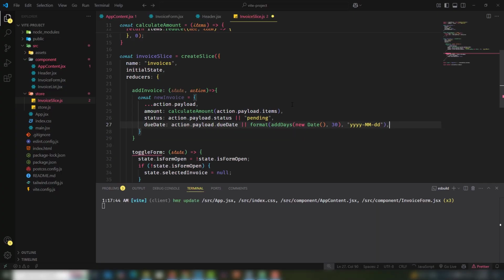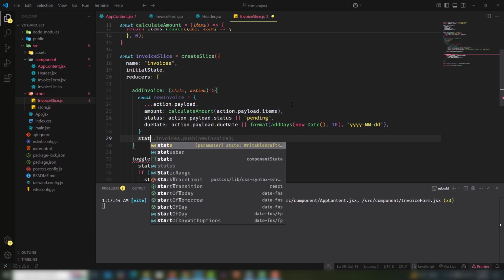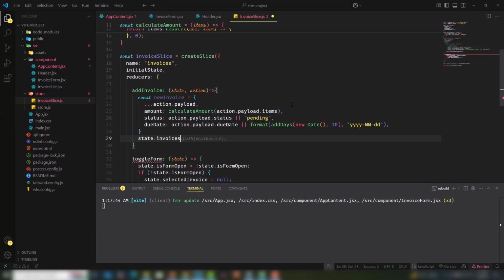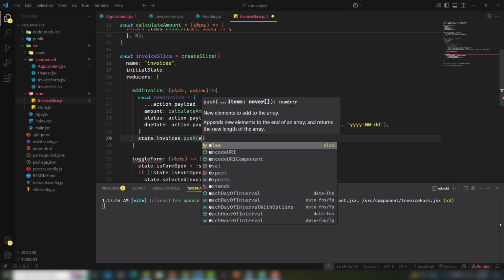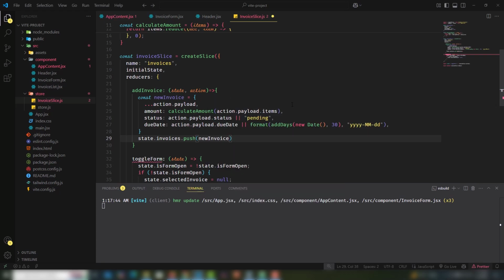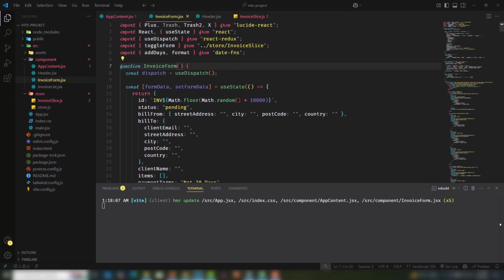And then the last thing, outside of the object you need to target your state.invoice. Then you need to target your push method that will push all the value. Which value? New invoice value. That's it. And we need to copy this one, not this one, add invoice, and pass inside there, just like this. Copy this one, add invoice, go to your form, and